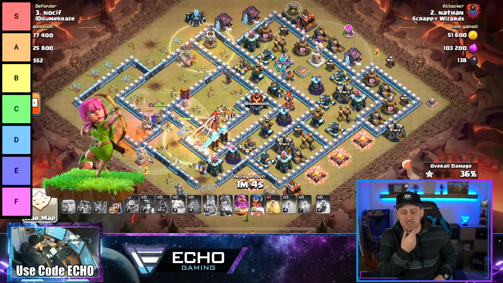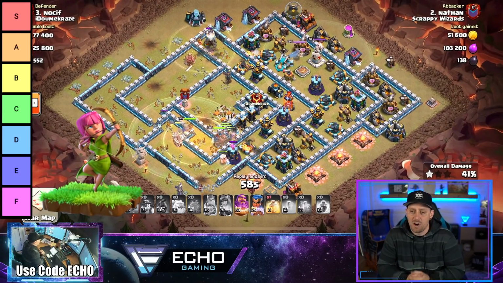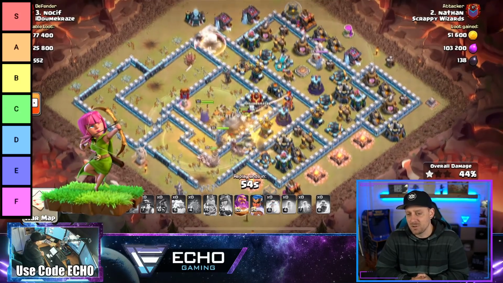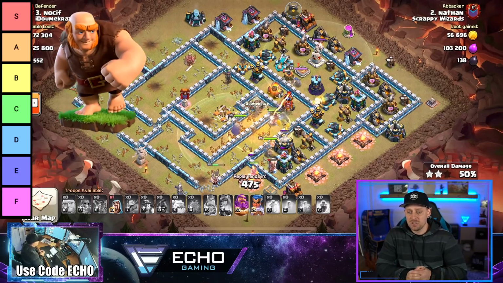Next up are the archers, and much like the Barbarian, they're needed for that same strategy called Barch, vital for farming at lower town hall levels and even relevant at higher town hall levels. We're going to go ahead and give the archers, like the Barbarians, an A,